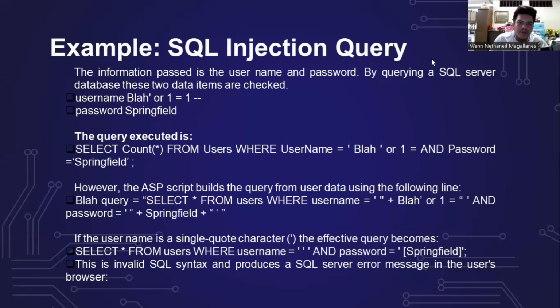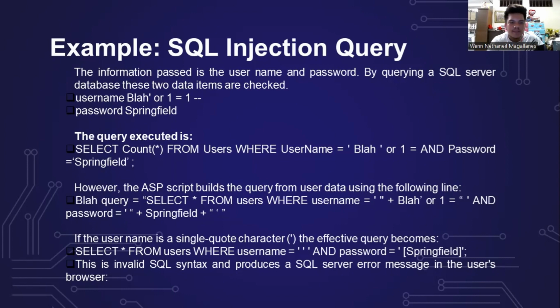So, an example SQL injection query. The information passed is the username and password. By querying a SQL server database, these two data items are checked. Username: blah' or 1=1 --. Password: Springfield. The query executed is select count(*) from user where username = 'blah' or 1=1 and password = 'Springfield';